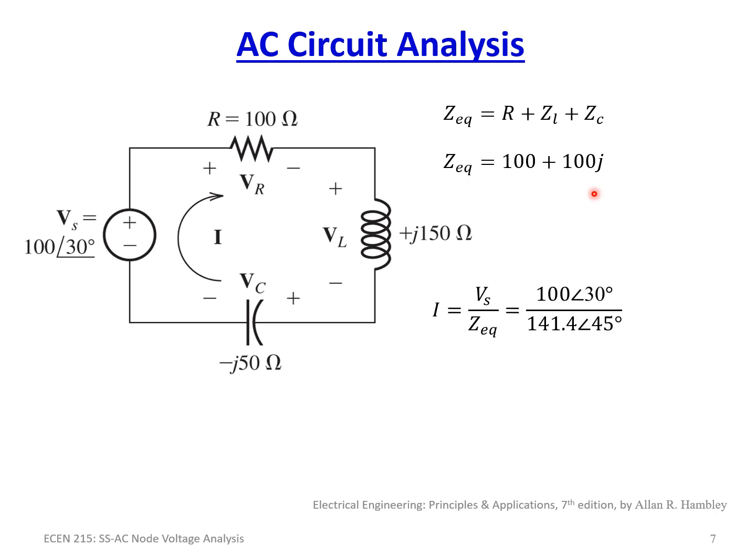So now we need to get the current. And the current is simply the same as before, just as if this was three resistors: Vs divided by Z equivalent. We've got the 100 at an angle of 30 degrees. We got that from the 100 cosine 500t plus 30 degrees. And we got this phasor form of Z equivalent from this here. We got that by taking 100 over 100, the imaginary over the real, and taking the arc tangent, and that gives us 45 degrees. And then we get the magnitude by taking the real squared plus the imaginary squared and taking the square root of that,